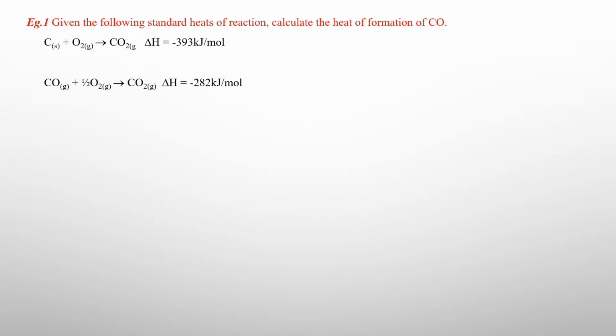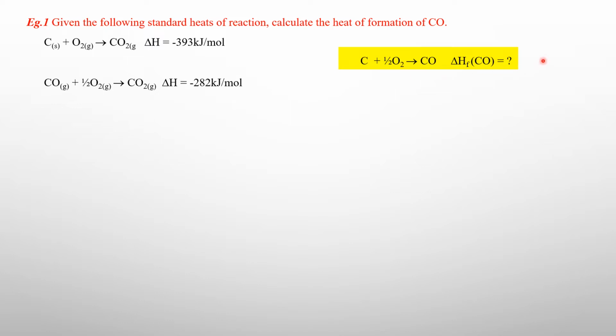So now since we are already given the equations here, we write the equation for the heat of formation of carbon monoxide. Just a recap on this. Heat of formation simply means the amount of energy that is given out or absorbed when 1 mole of the compound is formed from its elements. So that means 1 mole of carbon monoxide is formed from its elements, which is carbon and oxygen. So this is how the equation would look like. Now this is the equation whose enthalpy we are interested in finding. What we will be doing is changing these two equations around so that the particles appear on the same side as that given here.